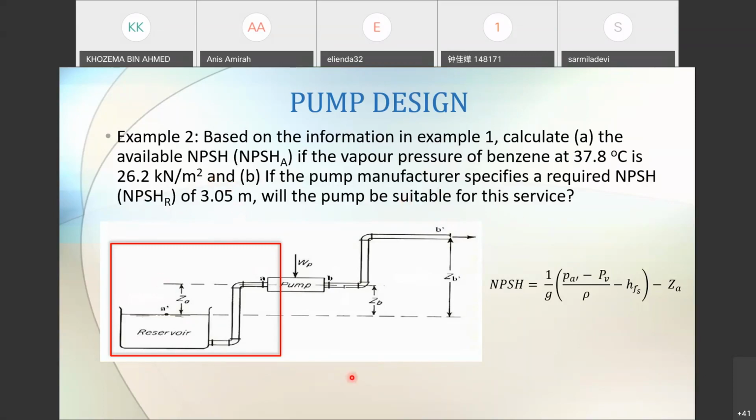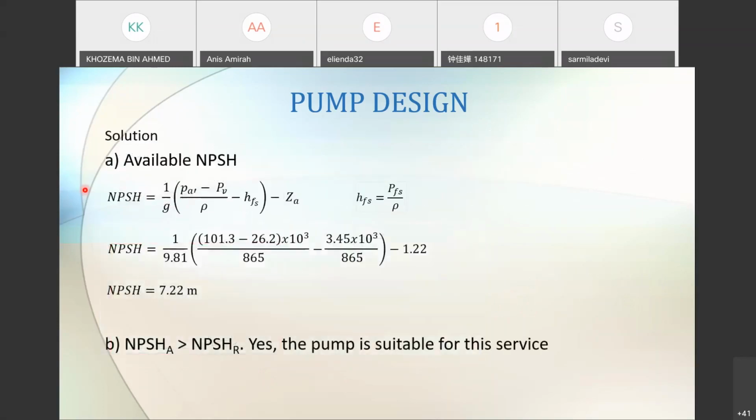So we are using all the information in example 1. You can see here we are only focusing on this side of the pump, which is the suction side, and this is the equation to calculate our NPSH-A. From our example 1, we know that our PA, the reservoir, was at atmospheric pressure, so the value is going to be 101.3, and the PV was given to us as 26.2. Density was also given to us in example 1, which is 865 kg per meter cubed,